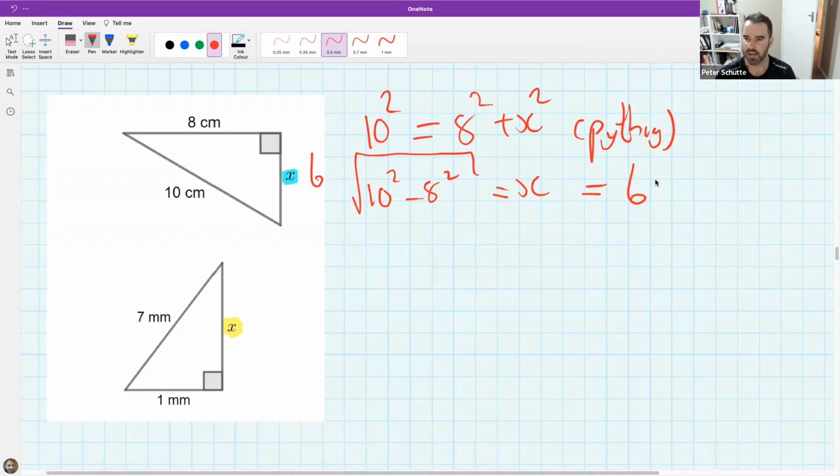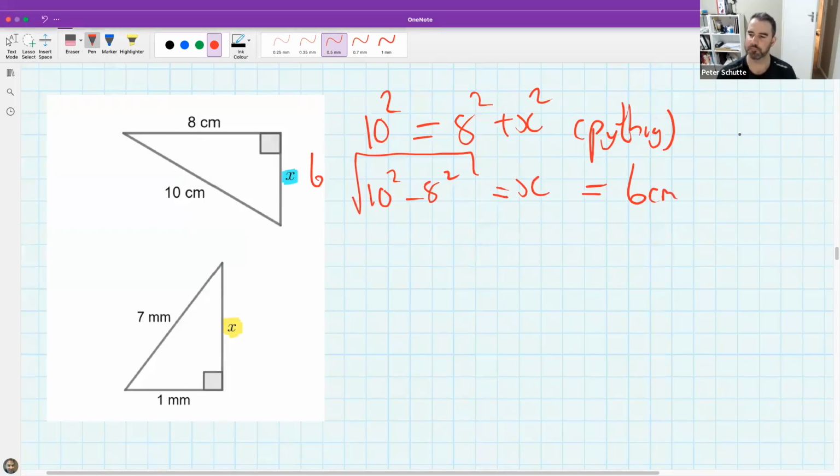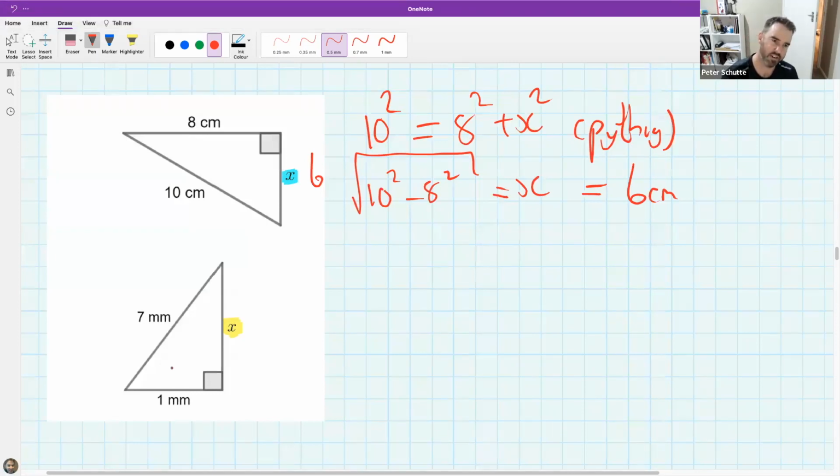Okay, so what do we have? It seems like for the first one, we have x is 6 centimeters. But what about the second one? What's that going to be? Well, the 7 is the hypotenuse here, so it's opposite the right angle. So we go 7 squared is equal to 1 squared plus x squared